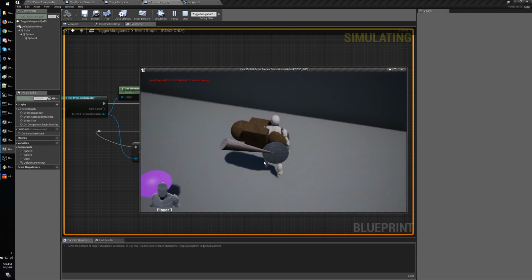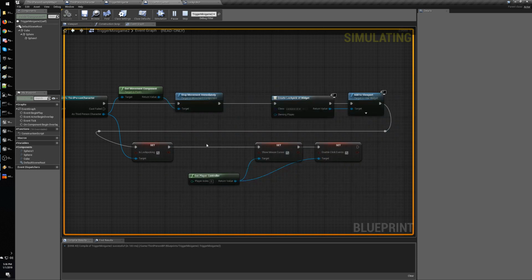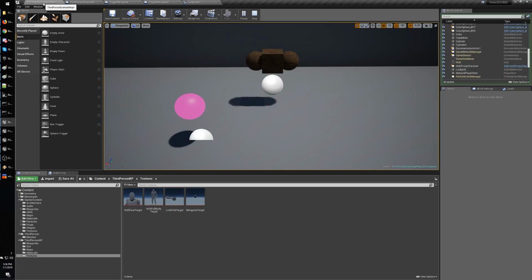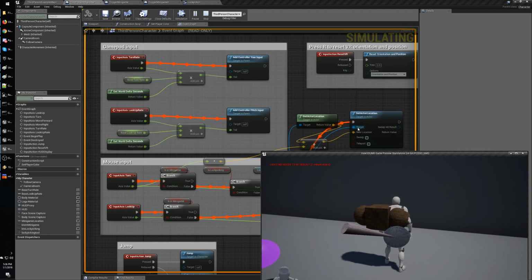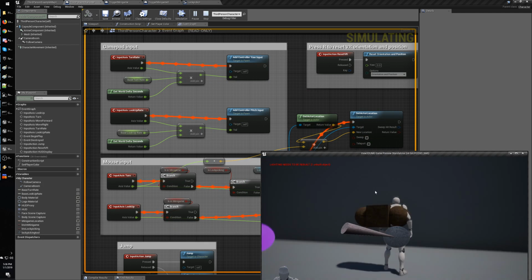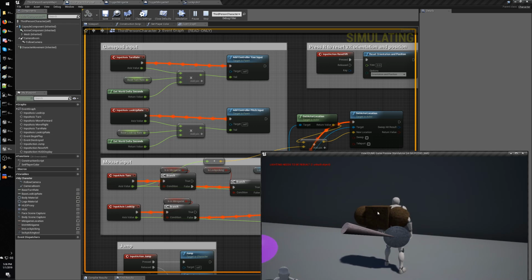Okay, I can move up and down. I cannot move left and right for whatever reason. Let me see where we are. Okay, we are here actually. So we have